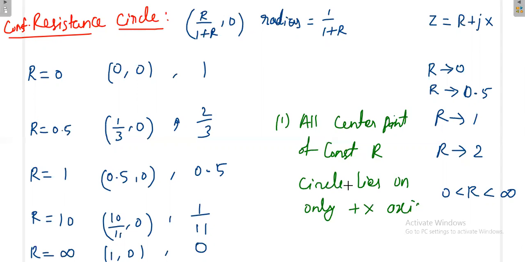Then after drawing the diagram, I will give you one more conclusion. Now the first one is 0 comma 0 and the radius is 1. That is a bigger circle I have to draw. For the first case I have to draw the bigger circle. Definitely for all other circles the radius is less, so I will draw the smaller circles.